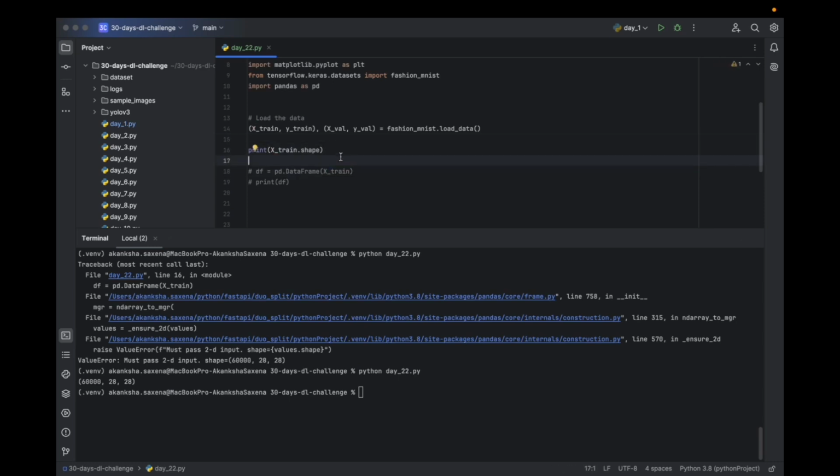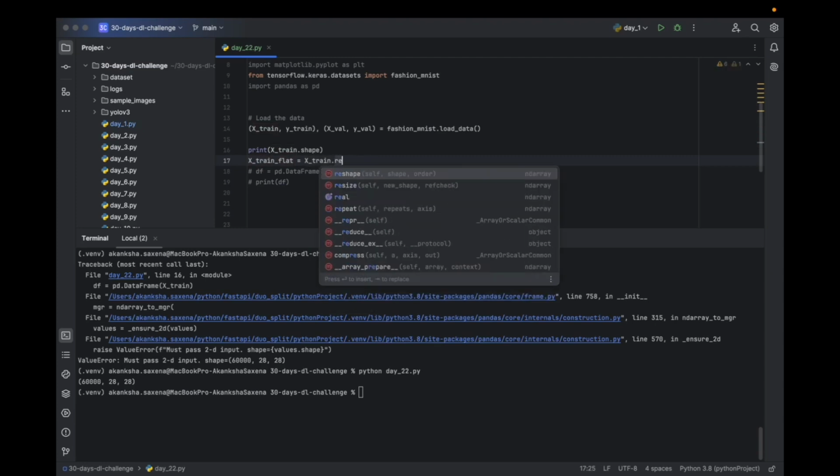Flatten it. So x train flat will be x train dot reshape of